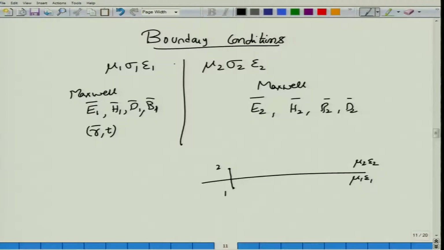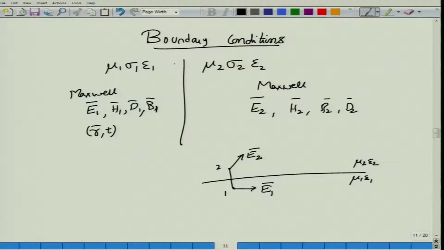This is the same situation, I have just made the boundary horizontal rather than vertical, so that I can write the equations on this side. Let me consider the electric field over here to be calculated and pointing in this direction, E1, and the electric field here pointing in this direction with a certain value E2. Now what is the relationship between E1 and E2? In order to answer that, we need to go from the point form of Maxwell's equations into integral forms of Maxwell's equations.